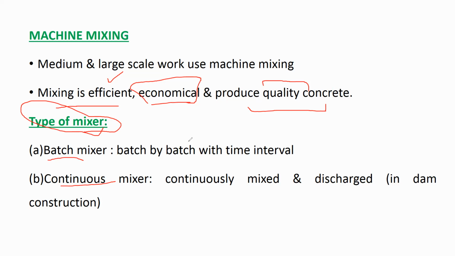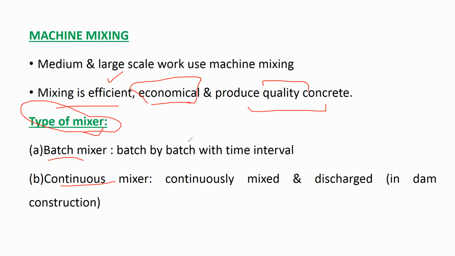In that drum they'll put the water. The concrete will be prepared, and they will put it into the cylinder, which will be lifted to the slab. Once the concrete is prepared, it will be put up into that, and again the drum will become empty. So one batch is done. Then again, if you need concrete, a second batch of all the ingredients will be put into the drum, and they will put the water, and again the second batch will be ready. So like this, batch by batch the concrete is prepared. That machine comes under batch mixer.